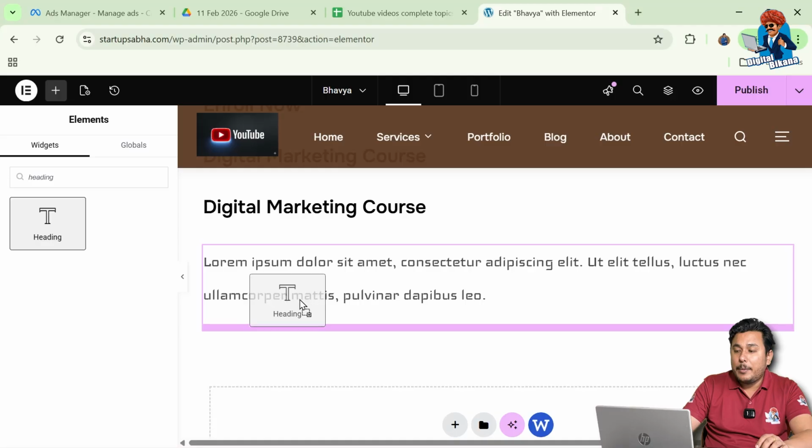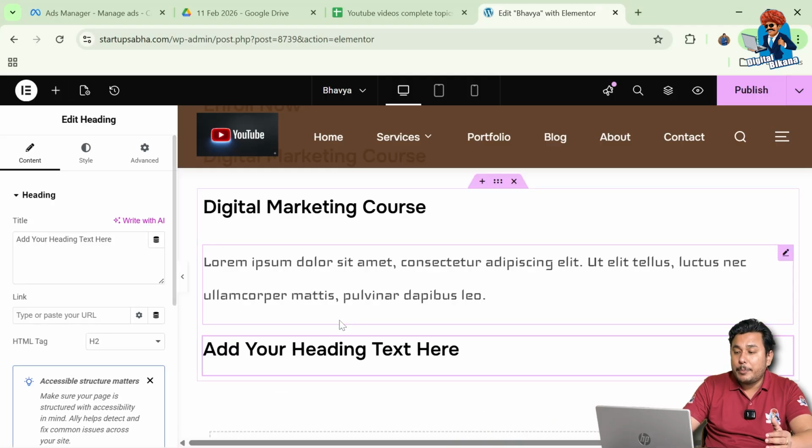So I have simply dragged it, and as you can see, again a pink line is displayed telling me where the heading would be displayed if I drop my heading over there, right? So I have simply dropped the heading widget under my paragraph, and now I'm going to edit this heading,